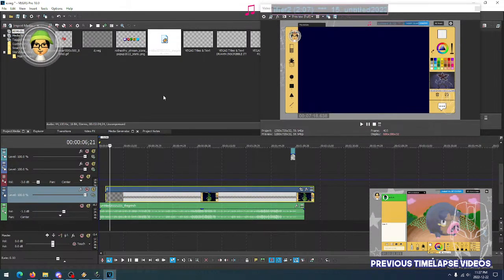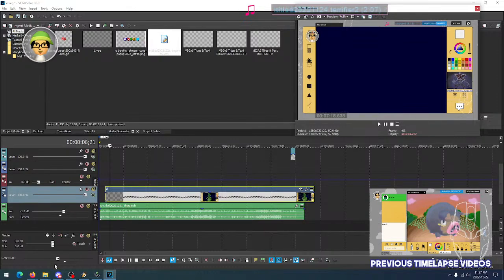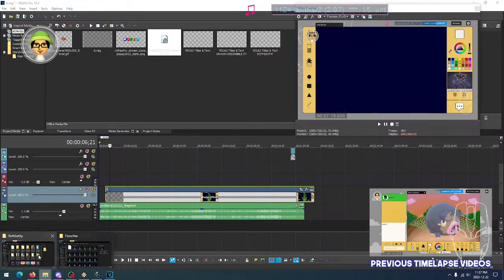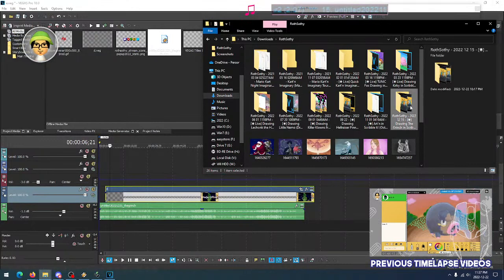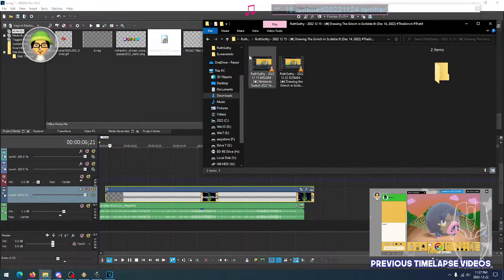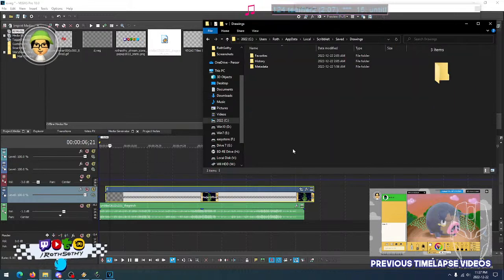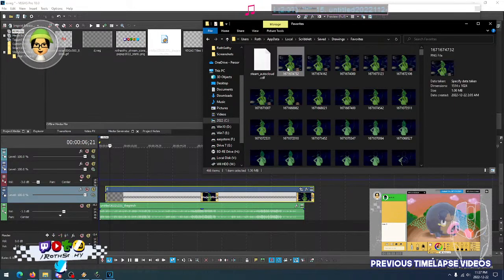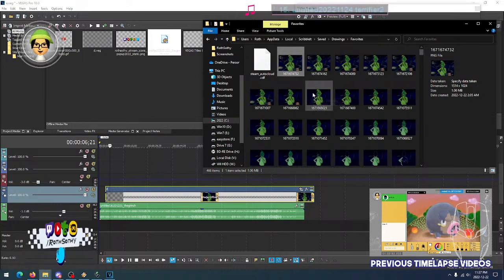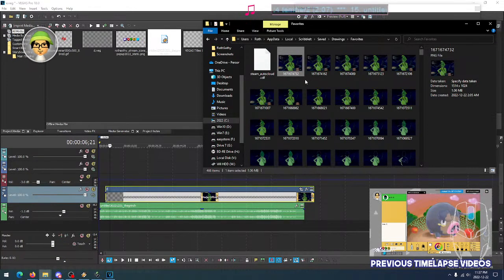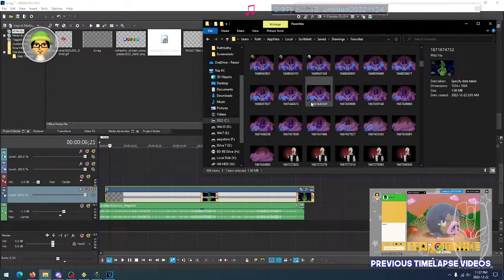Also, I kind of want to import the still image, so you can find it through one of the folders. The Grinch, it's not in this one. Drawings, here we go. Favorites, there it is. So each of the drawings that are saved within Scribblet, it's saved to this directory on